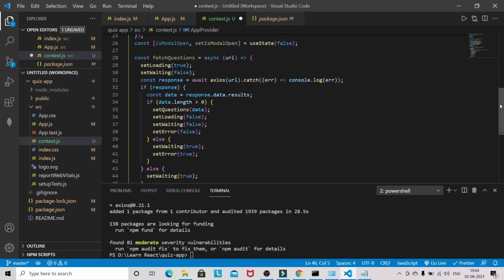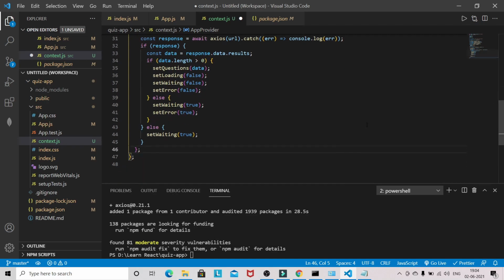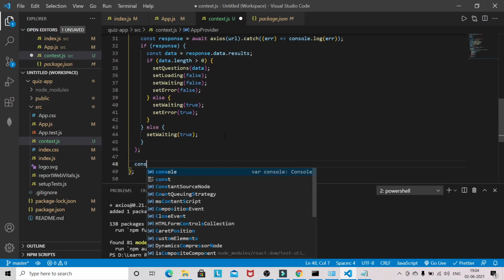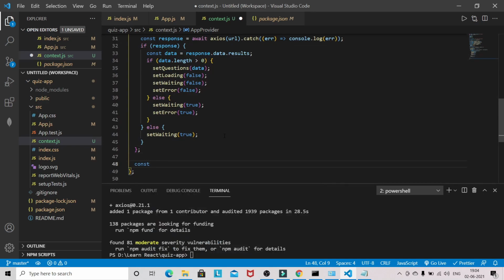Now, if you want to go to the next question, then we have to write the function for that also. Okay, so nextQuestion.